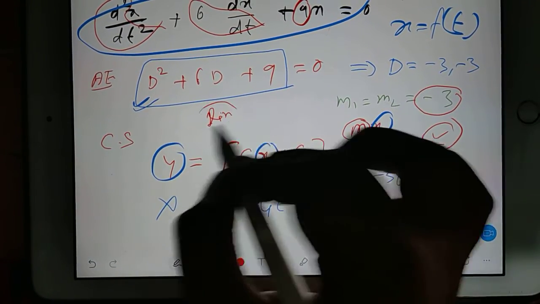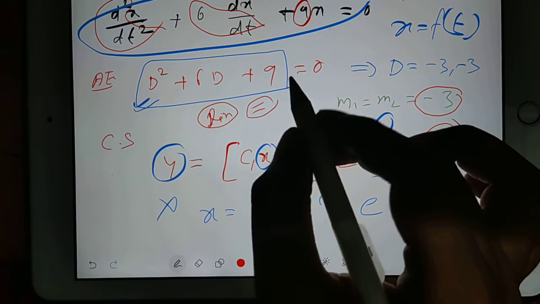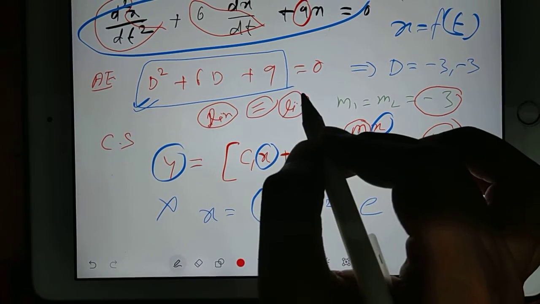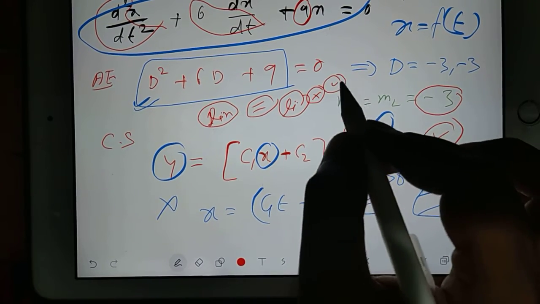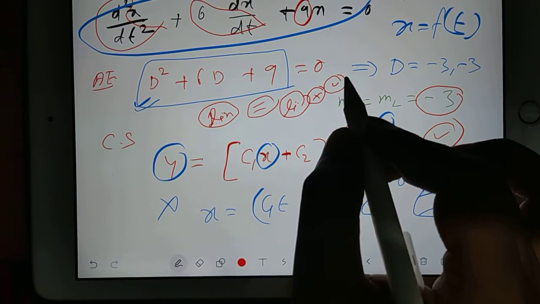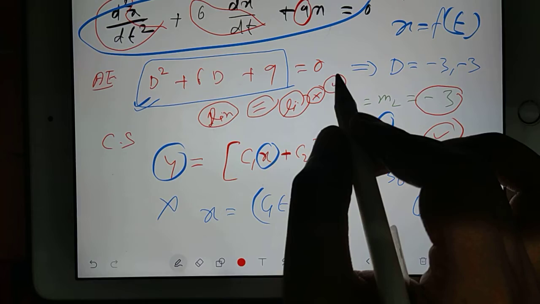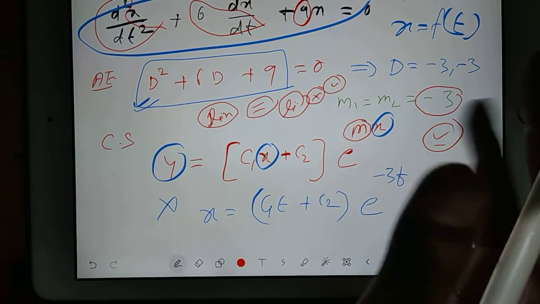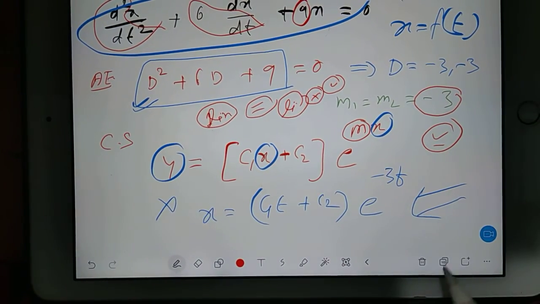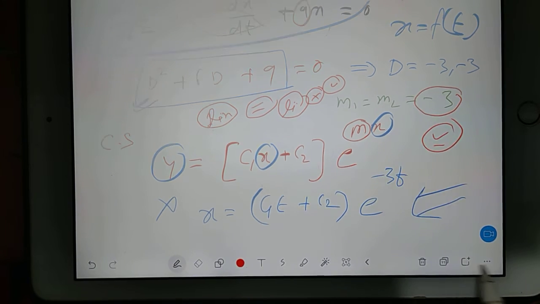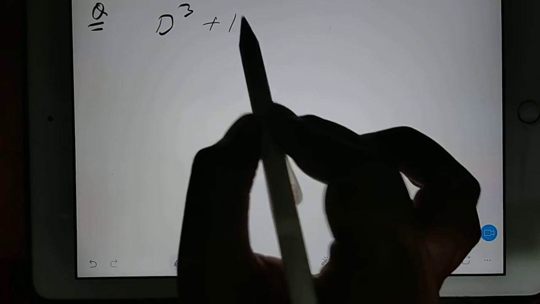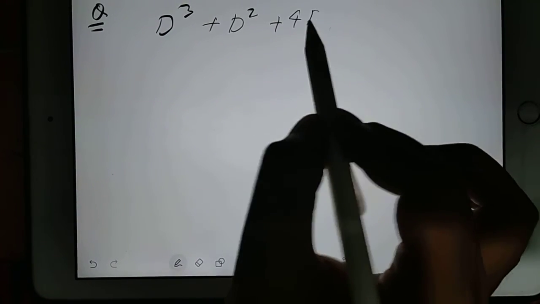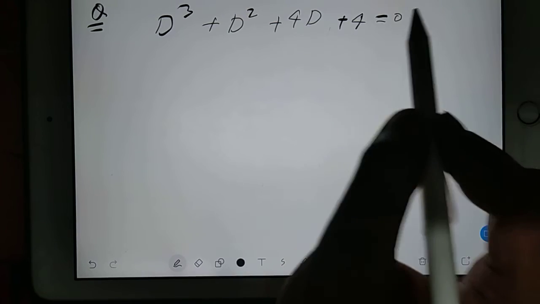First, you have linear equations. Get my point? Whatever equations we are discussing, they are linear equations. With linear equations, we are dealing with higher order. Higher order means you can have an equation with a cube also. If the equation is coming with a cube, then it will be your next level burden. I will tell you why I am saying next level burden. I will change the page. See, suppose a question is given as D cube plus D square plus 4D plus 4 is equal to 0.